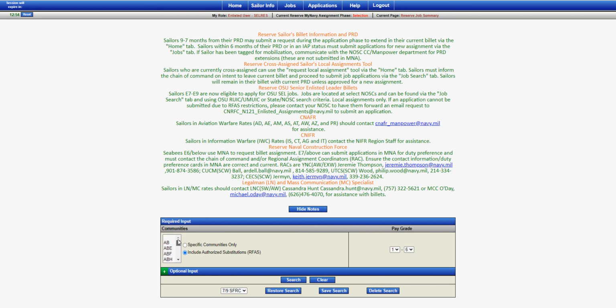and for the rates I'm going to choose AB, and I'm going to scroll all the way down to YN. I'm going to click and hold down the shift button and click YN and then release. That will choose all the rates from AB to YN, and then we'll go with pay grades E1 through E6. Now there are some additional optional input areas